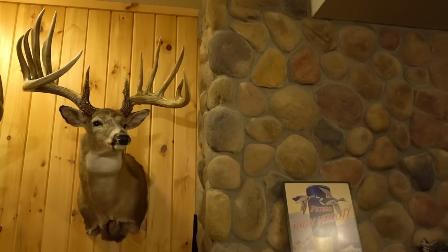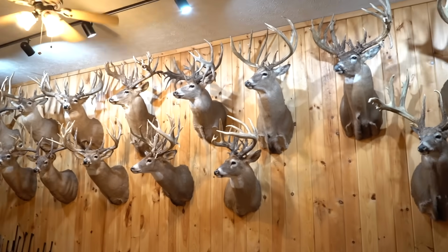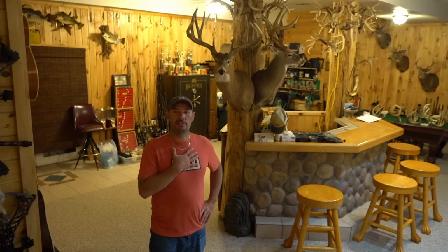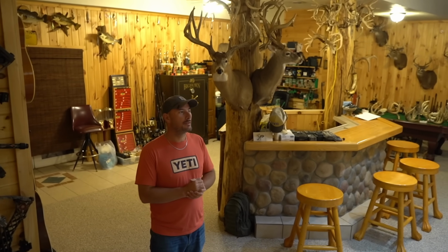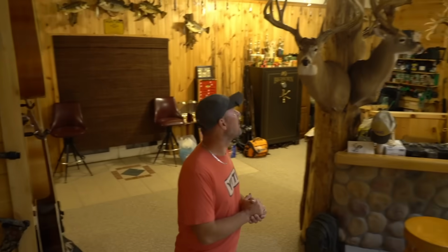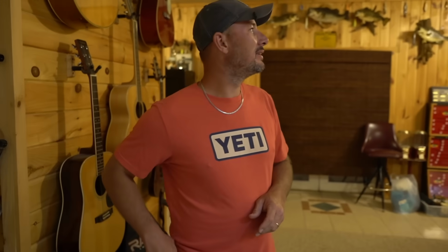Now, these deer here are what most people would refer to as some of the greatest whitetails that have ever walked the earth. My name's Keith Snider, and I own the North American Monster Whitetail Collection. I've been collecting since I was about 13 years old, so 45 years now. It's been a minute. First of all, I'll talk about some of my favorite heads, and I'll start off with